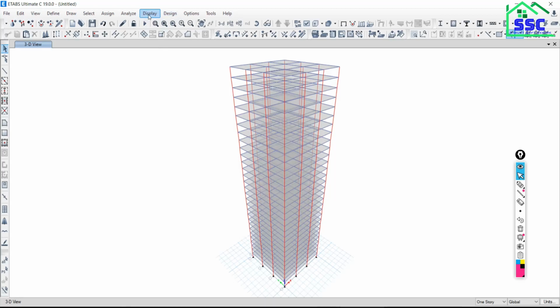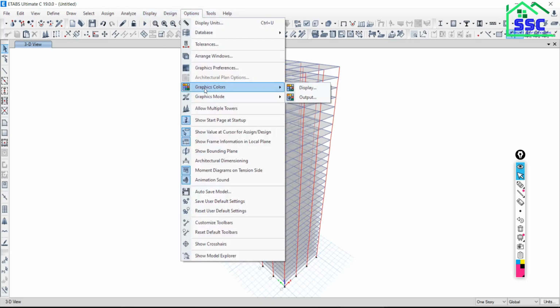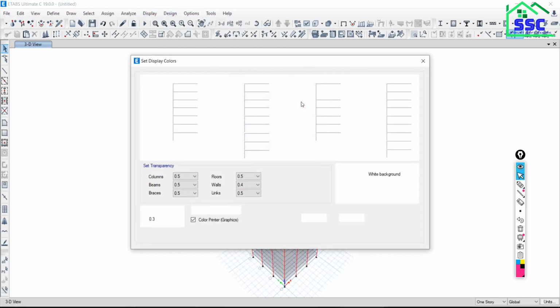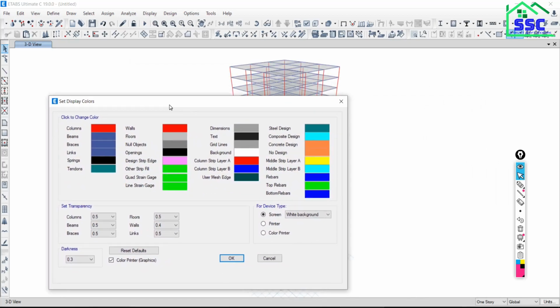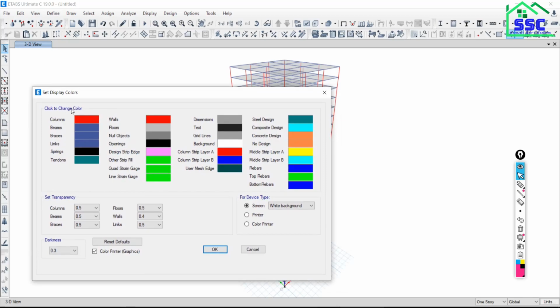Then go to option, go to graphic colors, go to display, and in display, what color the different structural elements will have is the meaning of this option. Set display color. In the display mode, by default in the ETAP software, you can make the decision about the color of different structural elements from this option.